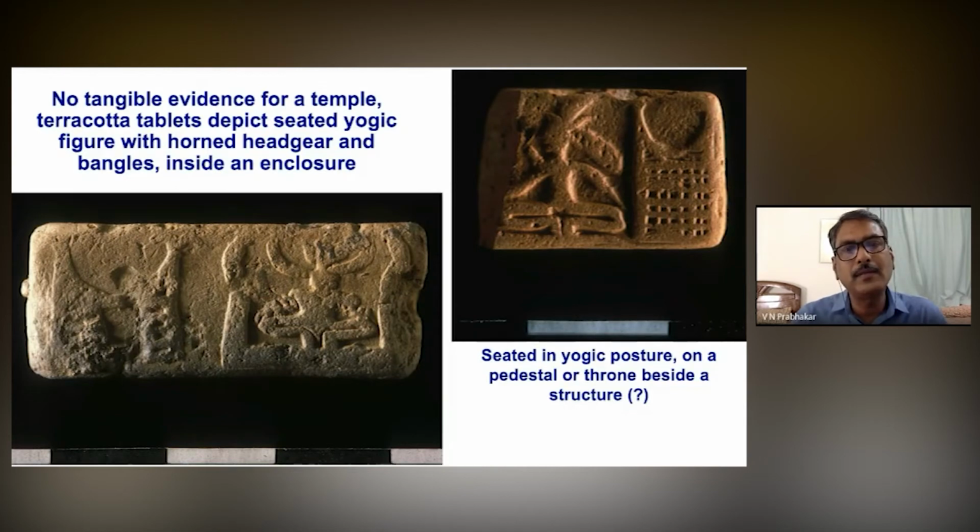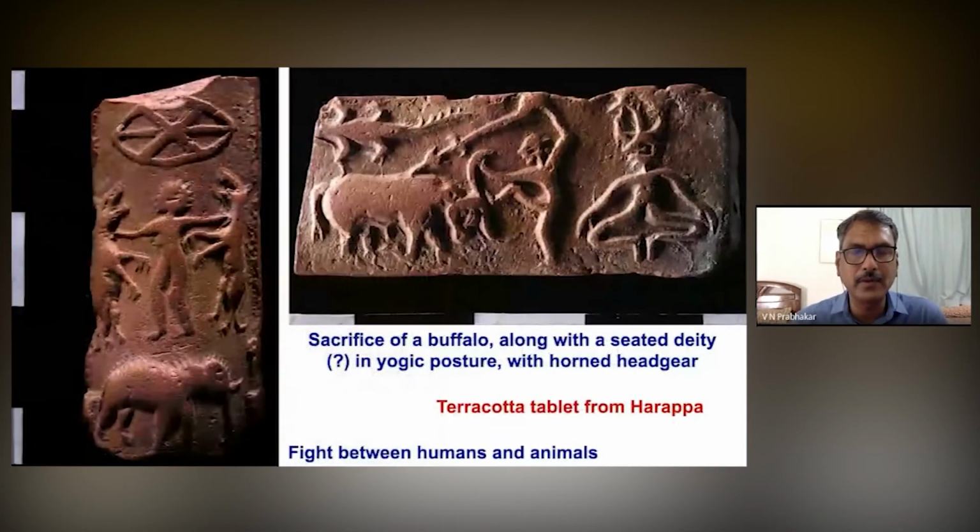But there are indications from, again, these kind of narrative seals. If you see the narrative seal here, again, it's a deity with a horned headgear seated in yogic posture. This yogic posture and this horned headgear accompany some sort of a divinity. And here the deity is shown inside an enclosure. You can see this is a big enclosure. The deity is seated inside, maybe a temple. And here again, the deity is seated beside a structure. So it may be a part of a huge structure in which in one chamber the deity is seated. So this again indicates some sort of a structural remain that could have been in use.